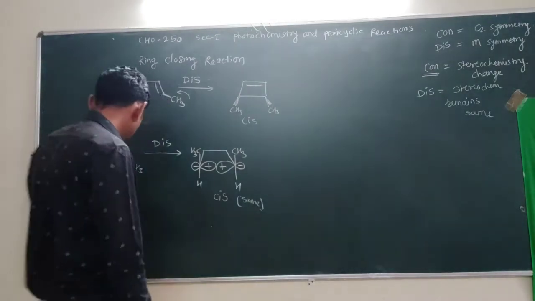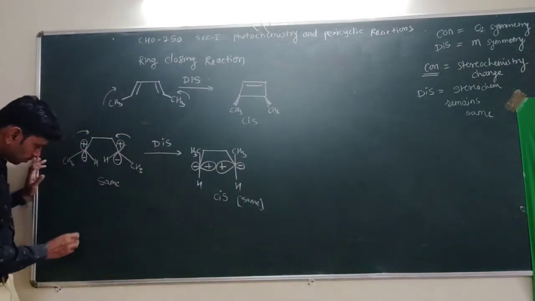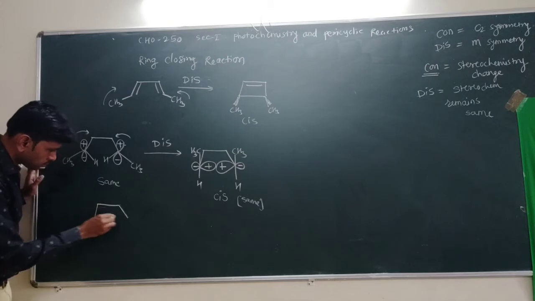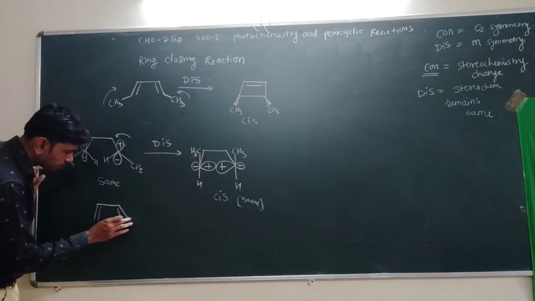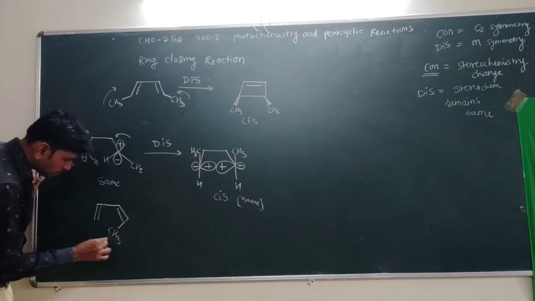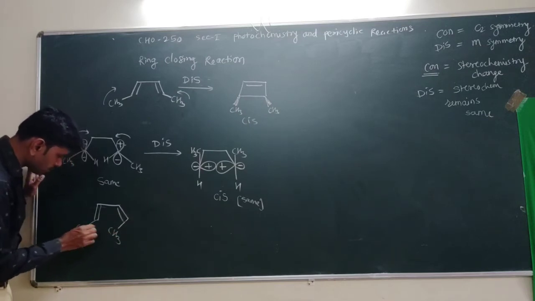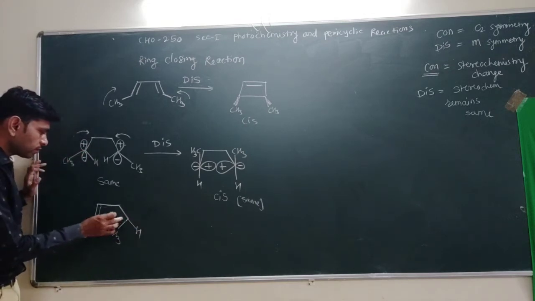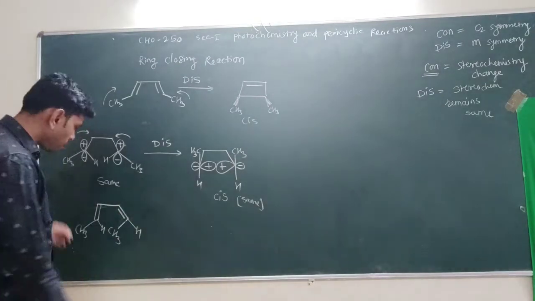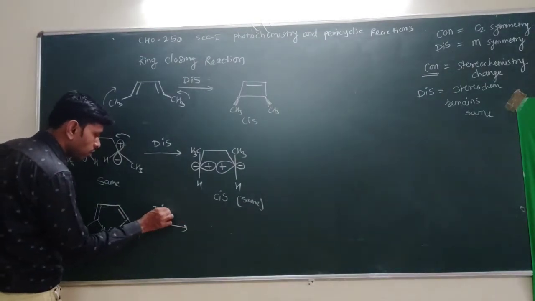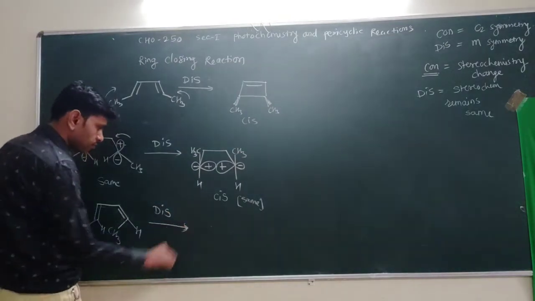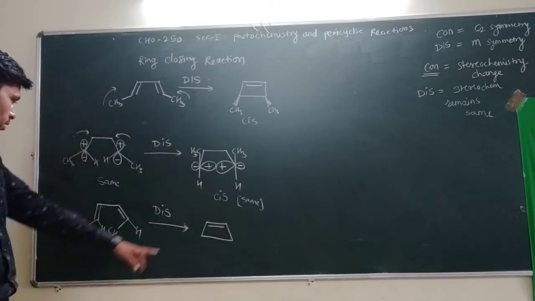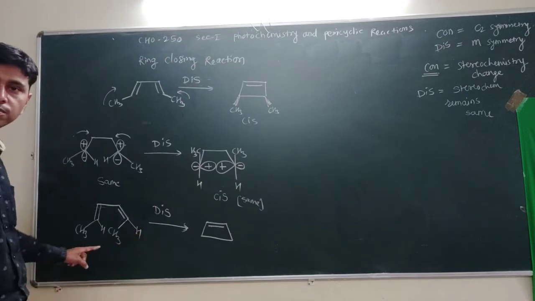See, another example we are taking here, so you will understand it in a clearer manner. So see here, this CH3 is on the inward side, this CH3 on the outward side. This hydrogen is there, another hydrogen is here. One is in the inward direction, another is in the outward direction. Now by this rotatory motion, we obtain the resultant cyclic molecule, and see the stereochemistry of CH3.